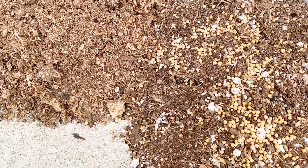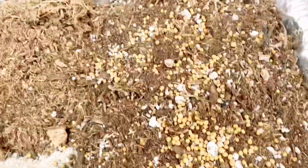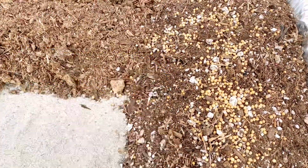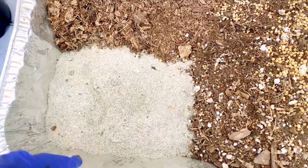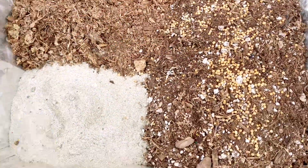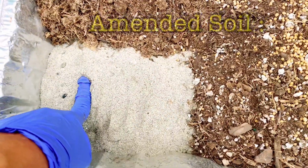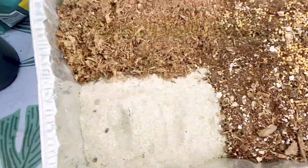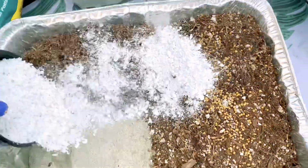Here's the soil mix that I'm going to use for that bird's nest fern. I just added this Osmocote fertilizer, and then a portion of soil mix, and then peat moss and sand, and then I'm going to put perlite. It's up to you how much you use. I just want to add 1 part sand, 1 part peat moss and soil mix. So now I'm going to add more perlite. Just do like this,